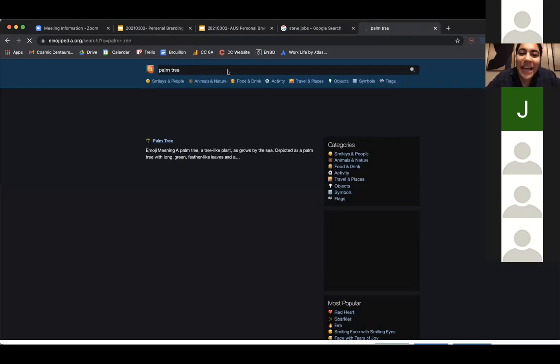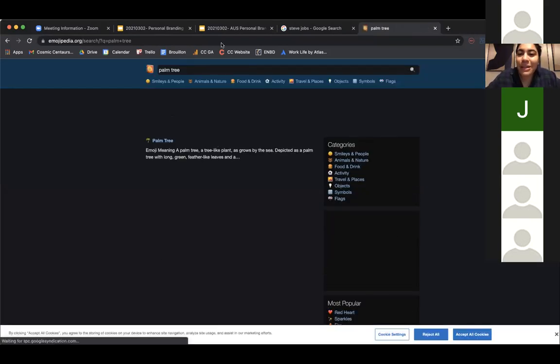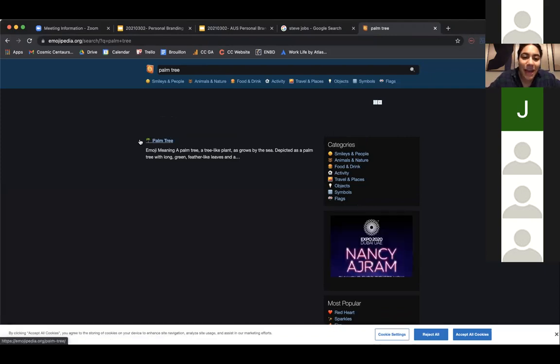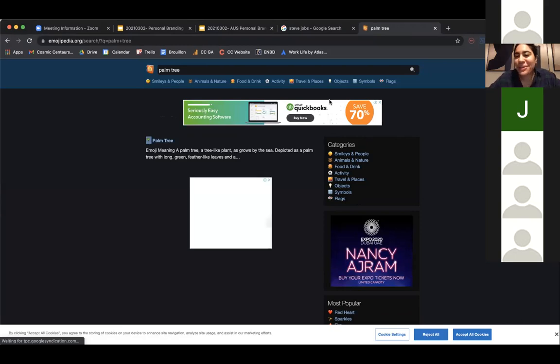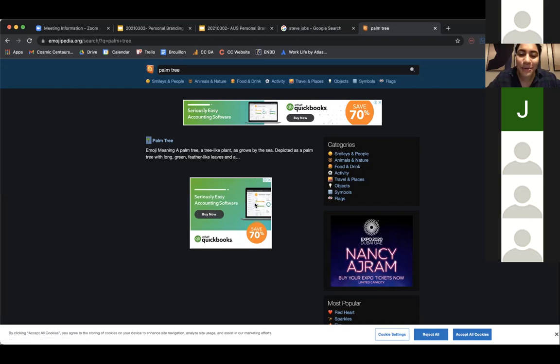If you go to participants and you click on your name and hover over it, you'll see more. When you click on more, you can rename yourself. So go ahead and copy and paste that emoji into your name and rename yourself. It would be great to see what emoji you select for yourself. I love to get a sense of what's the emoji that represents you. It's kind of a fun little prelude into personal branding.